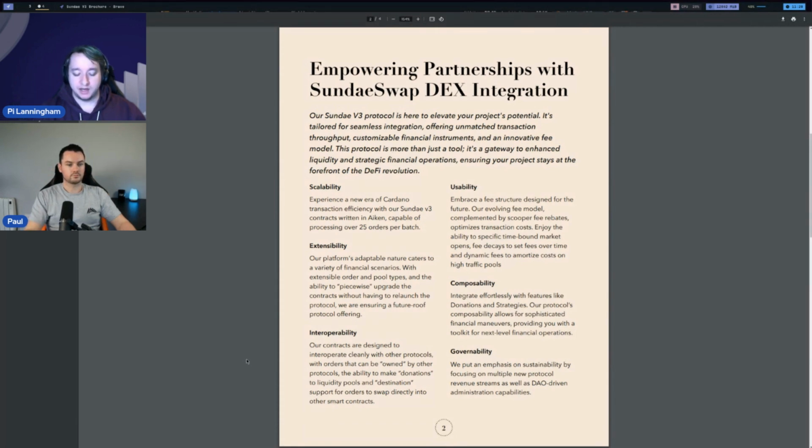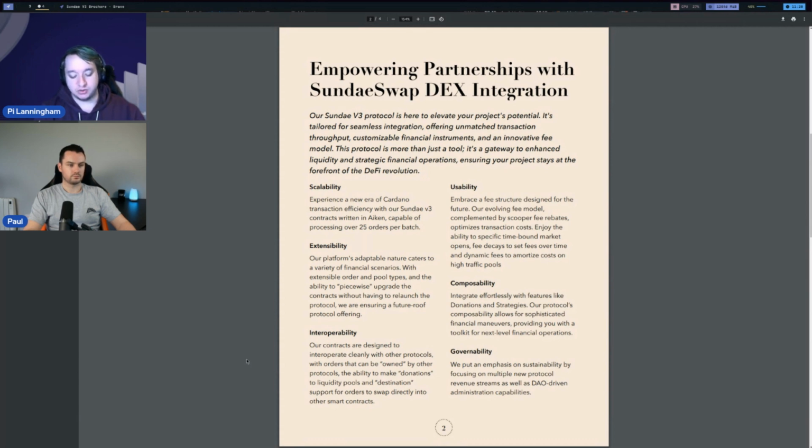This is a subtle point, but the most obvious example of this is donations. So this is a new order type, and we'll go into details on all the new order types in a minute. But donations allow, when you place a donation order, you say, hey, here is 10 ADA and 50 Arbery. Just donate that into the pool, and you don't get back an LP token. Now, this seems a little strange. The end user would not ever want to do this, right? Nobody wants to donate their money.